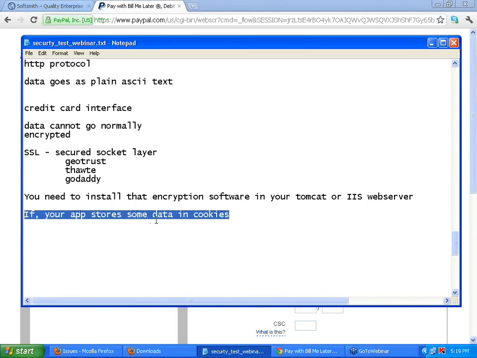User is giving the data and your application is storing some of the data in the cookies. Where will be the cookies? Cookies is a small file, usually less than 2 KBs or so. Where data is stored, it will be stored in a specific directory. When it is stored in that particular directory and you open that, it has data. It's a file. All said and done, cookies is a file.